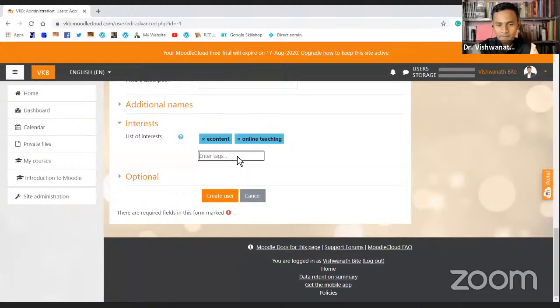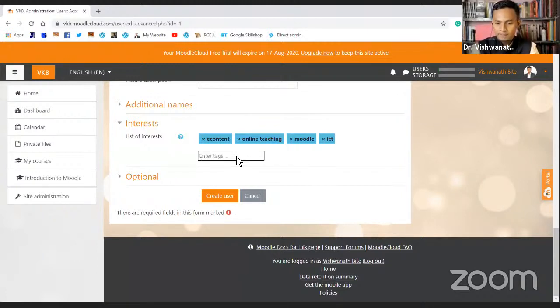This is very helpful when, in your database, you have all the teachers as users, and you just want to search how many teachers can teach about maybe Moodle. Then I'll just click on that tag, and all the teachers who are efficient in using and teaching Moodle, we can easily search them.